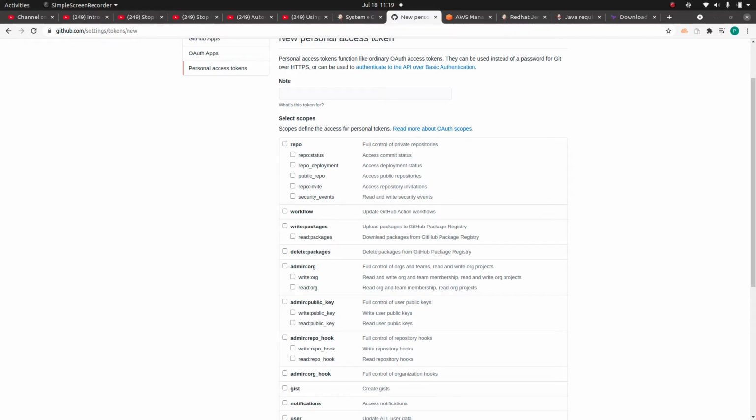So the simplest way to understand this, for example, you need to interact with GitHub. The first time you log into GitHub, it asks for a username and a password. Similarly, if you want to interact with the GitHub API, and our aim is to automate this entire process, we need to create a token. With the help of this token, we can authenticate to that API or the GitHub endpoint.